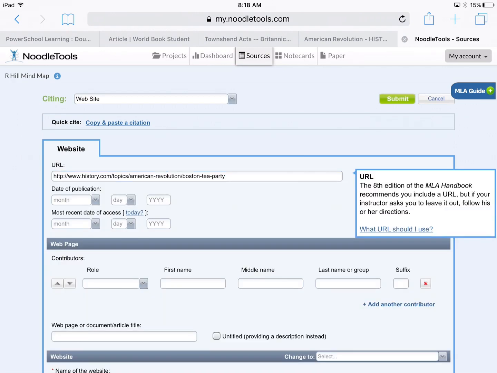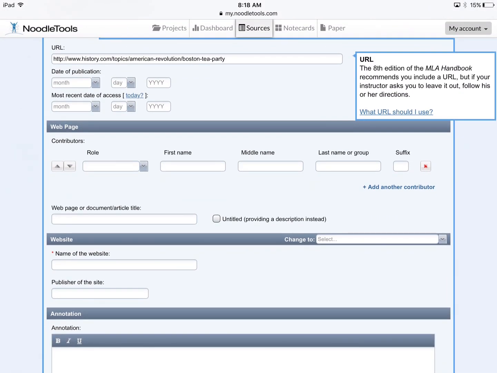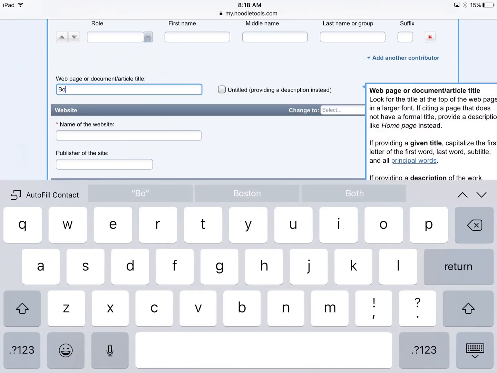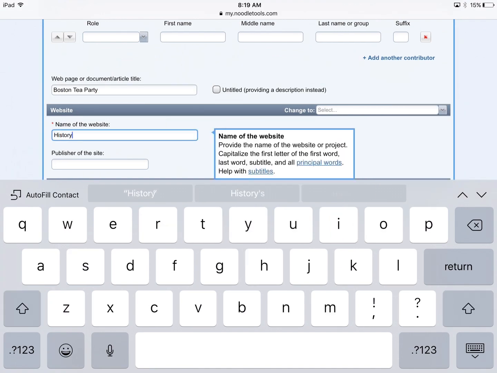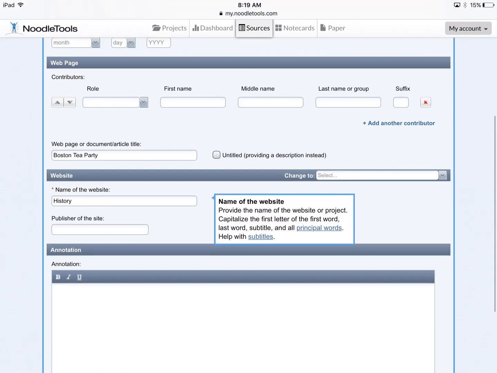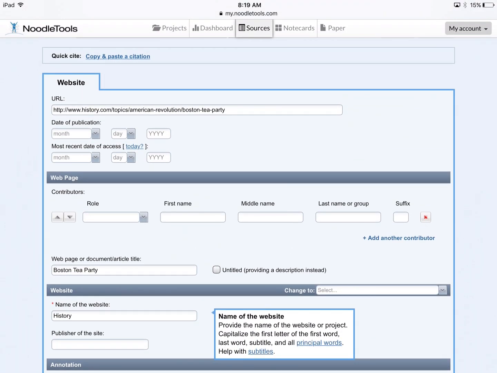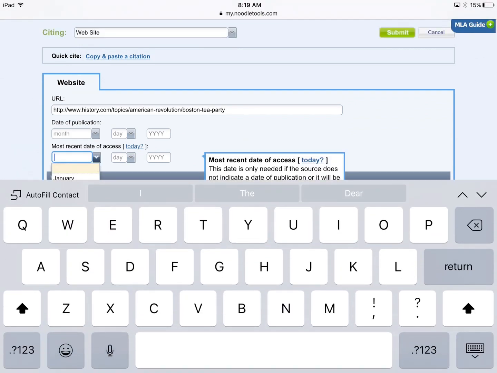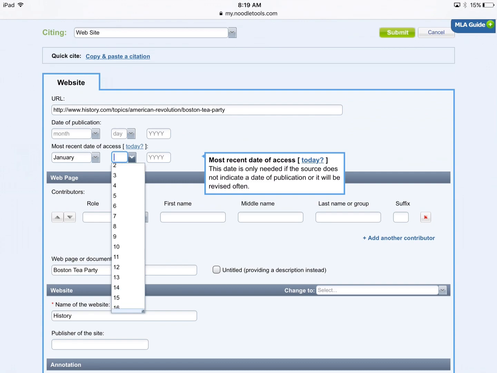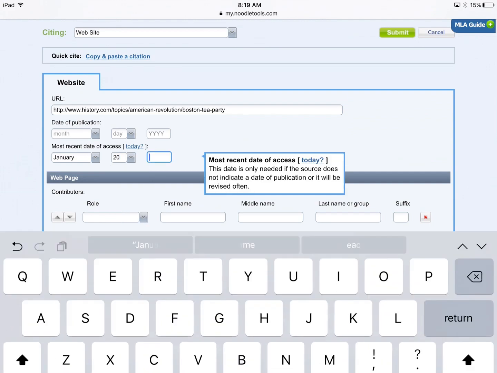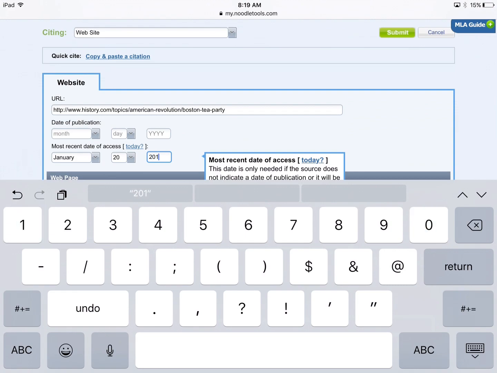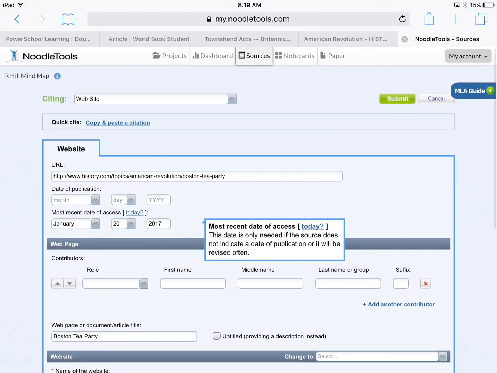Then let's just enter two more things. Let's enter the name of the specific page we were on history.com, and that is Boston Tea Party. I'm capitalizing, as you can see. Make sure to do so if you are citing a website. And then the name of the website is just history. If you want to be really official, this is something you'll be asked to do next year. Give the actual date that you accessed that website, or the most recent date you were on it. And then click Submit. And that, folks, is how you cite books, online encyclopedia articles,